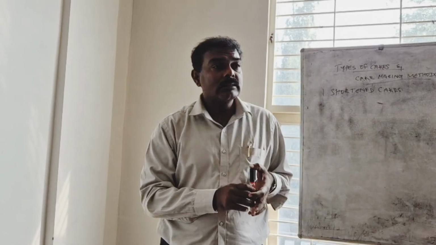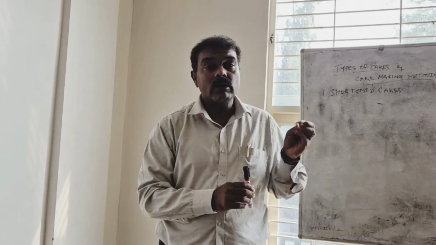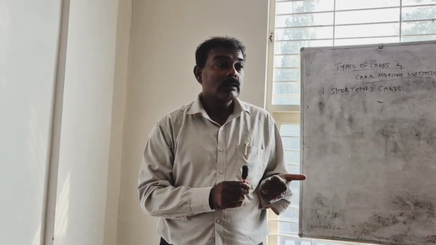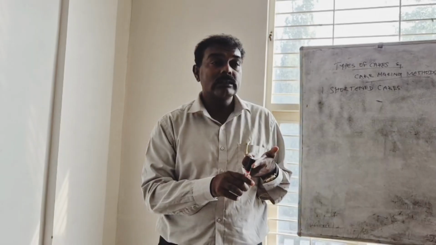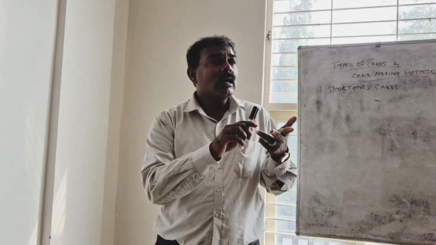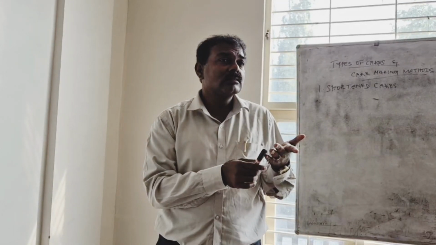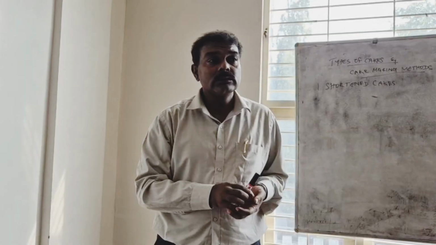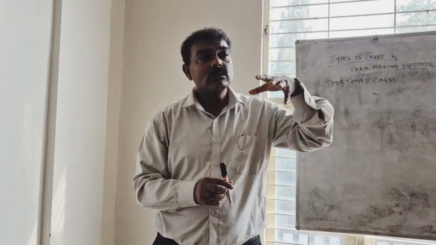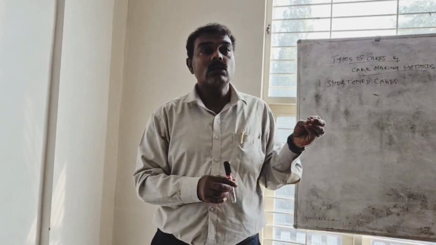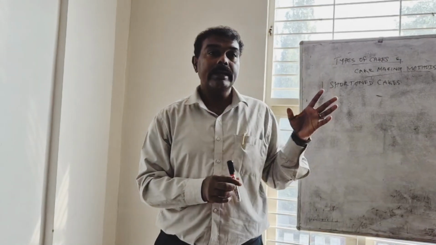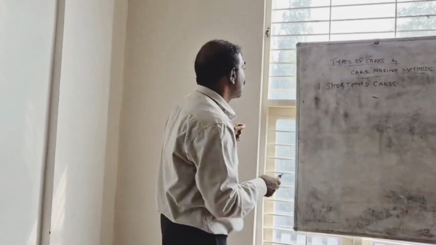Mostly for shortened cakes, fat content is added in the form of either butter or margarine, preferably cake margarine. Then other fats such as oils, even dalda is used. So any cake which has fat content in it is called a shortened cake. Then second one is